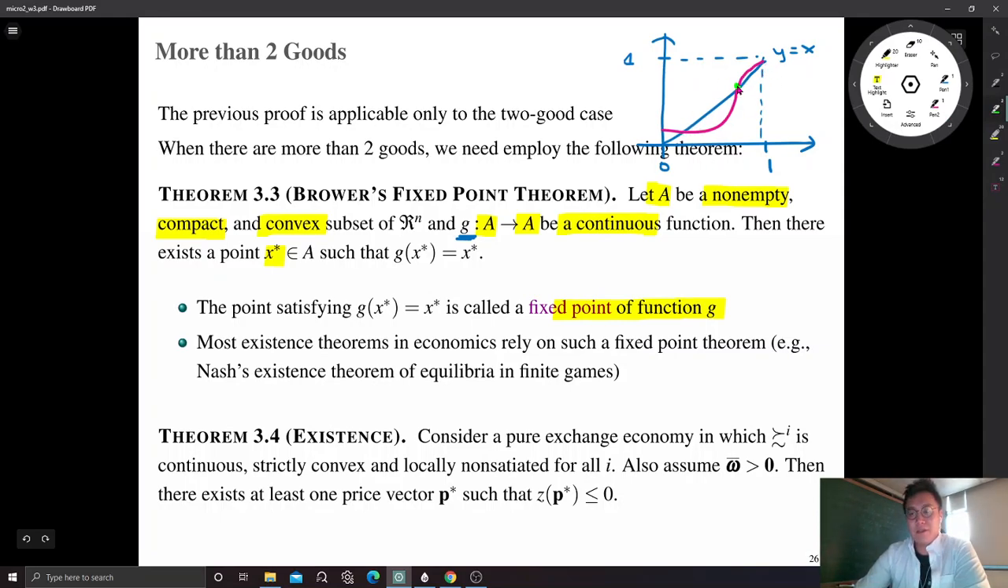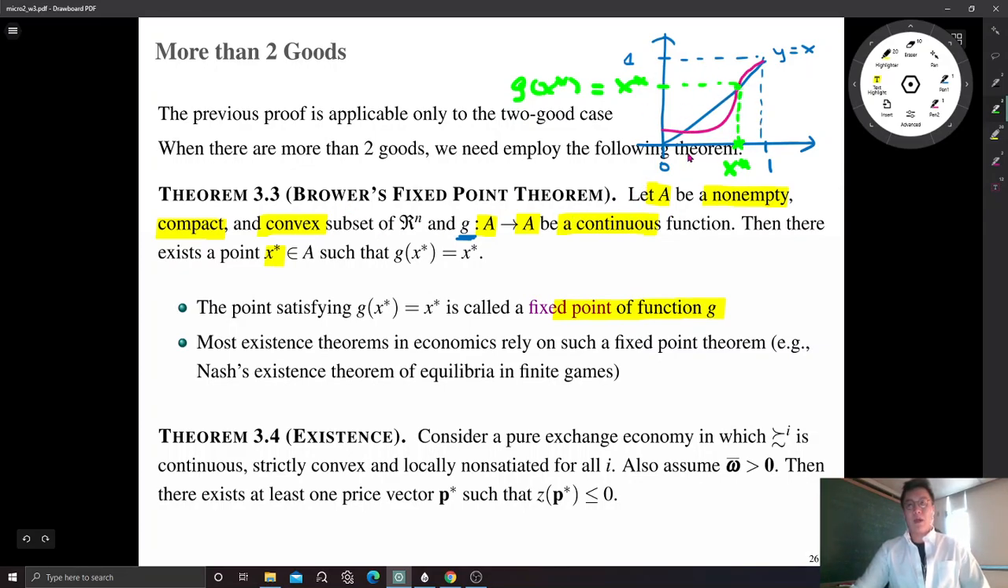Okay? And at this intersection, we have a fixed point because, let me call the x coordinate of this point x star, and the y coordinate is also x star because this is on the 45-degree line, and this is on the graph of the function. So g of x star is also the same as x star. So by definition of fixed point, x star becomes a fixed point of function g. Okay? So that is the basic idea